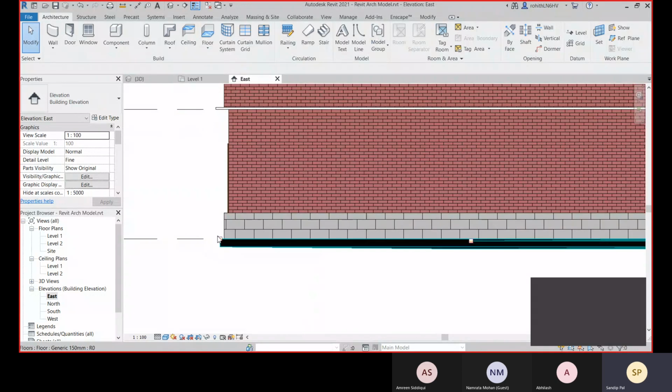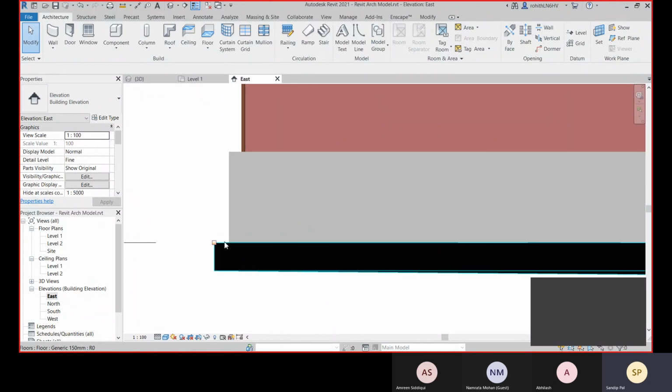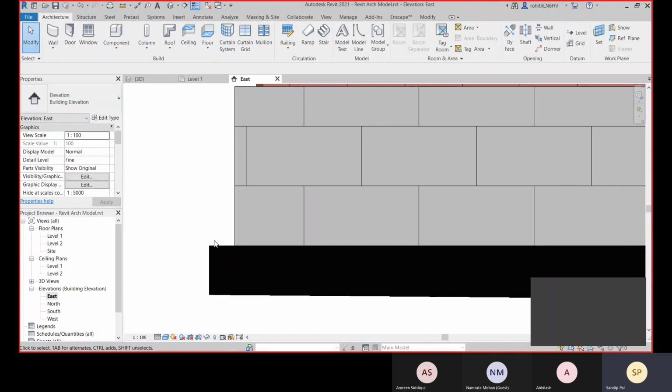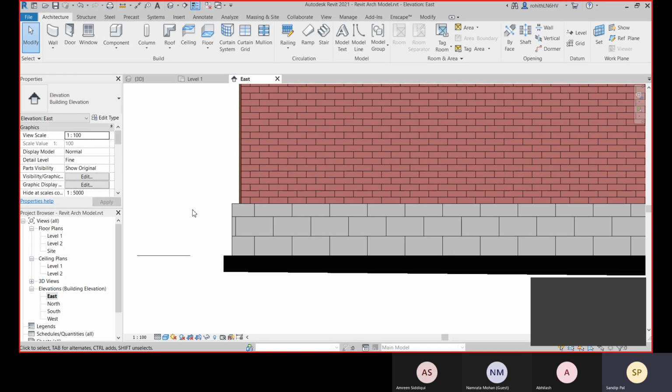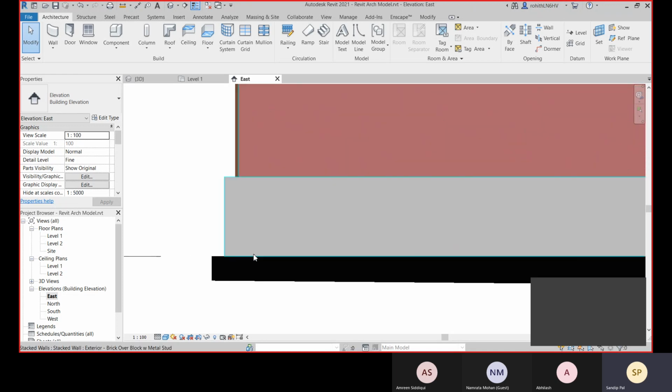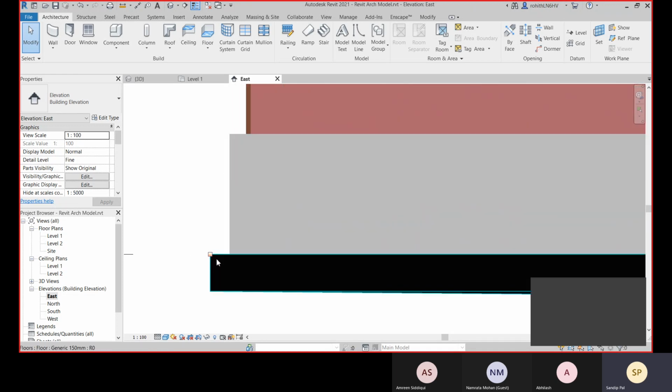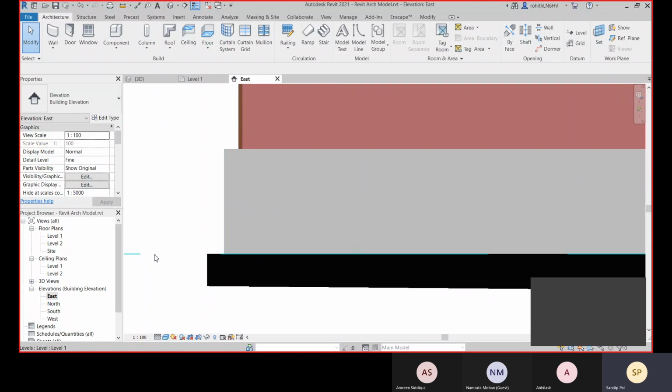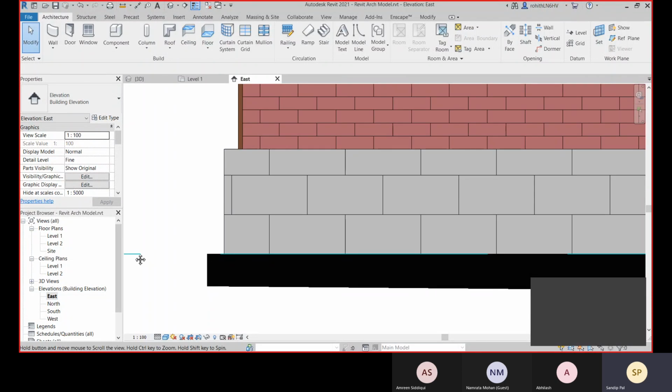Suppose there is some thickness for your tiles. For that you must give some offset value, because if you don't give the offset value, it will start from this level surface.